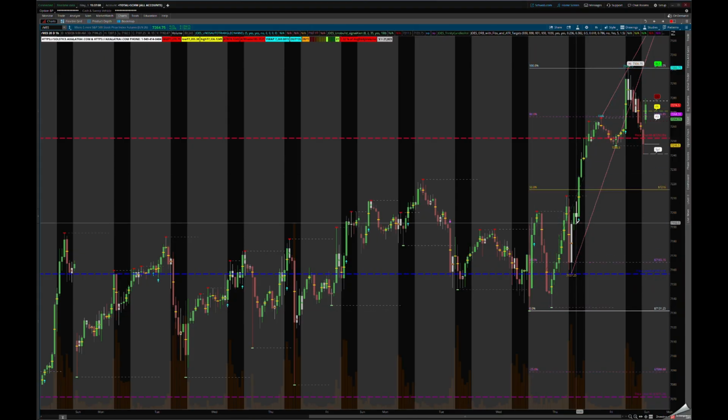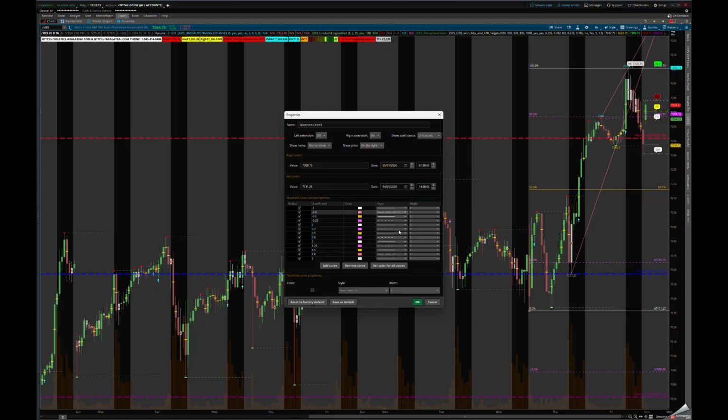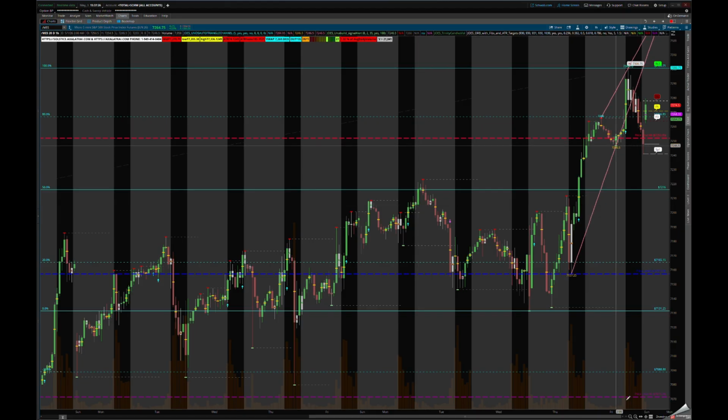And what I'm going to do is extend it to the right, and I'm going to change the color to baby blue, edit the property. We're going to make it baby blue or cyan, and we're going to extend it to the left. You can see here the date, and I'm going to go back to here, 4/10. It's okay. So at least you can see where those levels are.